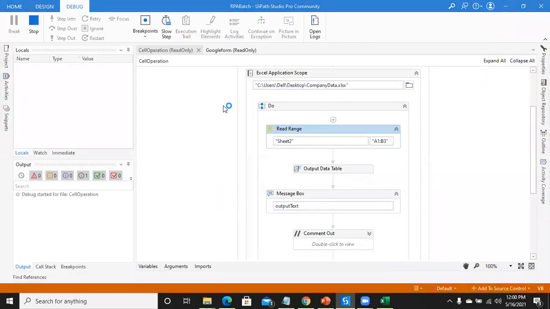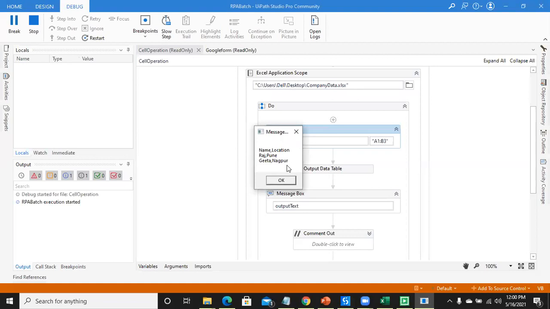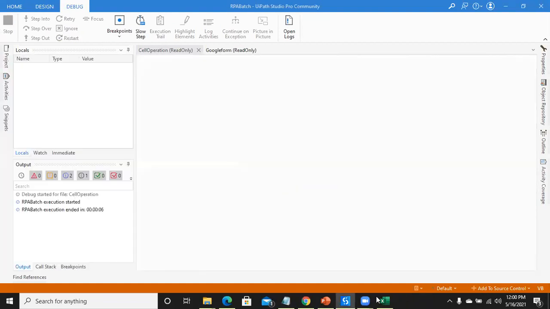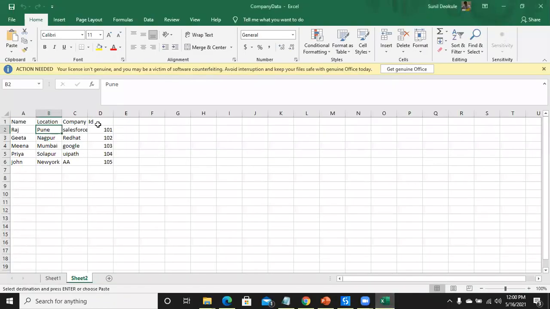Okay, so the headers will be removed. It's name, location. I'm not sure whether any headers are there. So we can remove them by using remove headers.